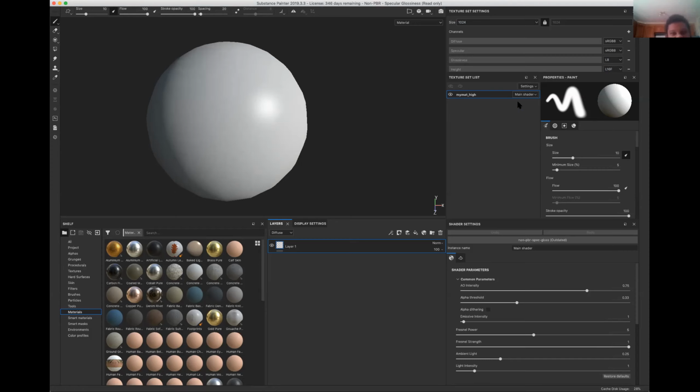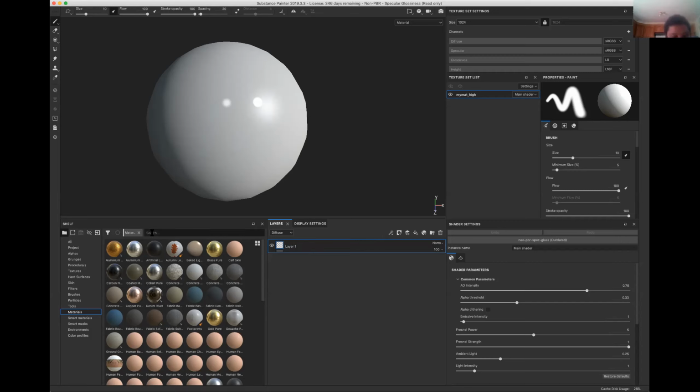Okay. Now, you remember that, see, this under texture set is called my_mat_high. I don't know why it's coming high, because I was selecting this. Okay, fair enough. I didn't change, that's fine. So that's the material name. So right, what I'm gonna do is this is the layers, and